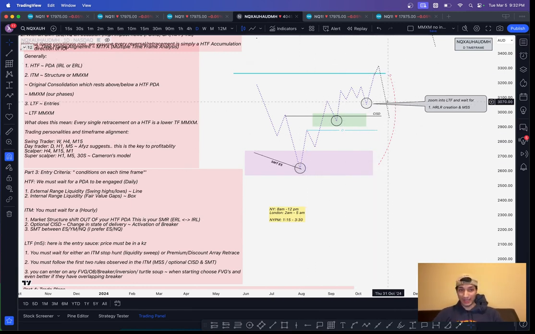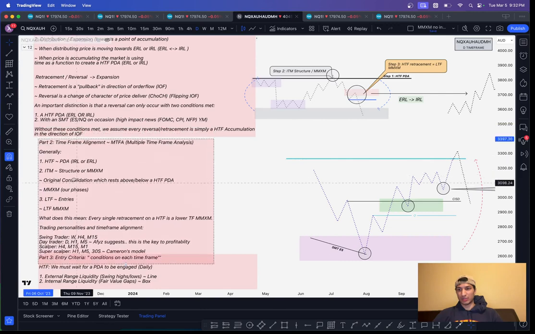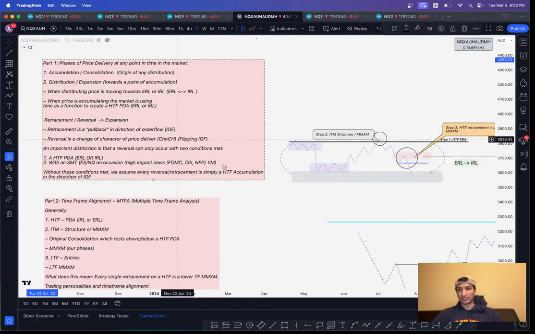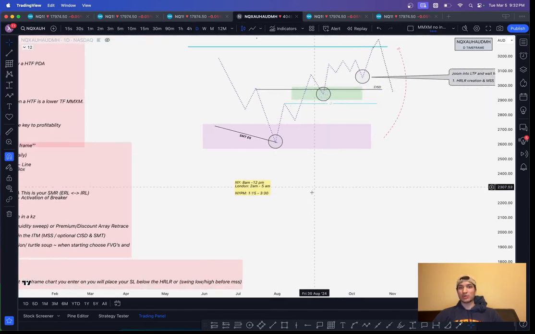It could only take 1 day. You're going to be trading in alignment with order flow because we've had our reversal. Remember, reversal is the first thing we talked about, right? Up here. It's a change of character in price delivery. So now we are bullish all the way until we liquidate this external range from this internal range. Each pullback, or retracement, is going to offer us an opportunity to go